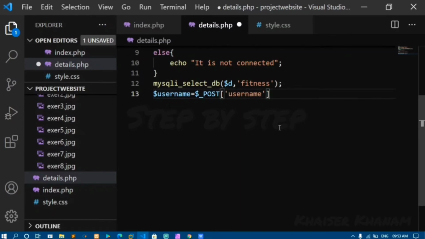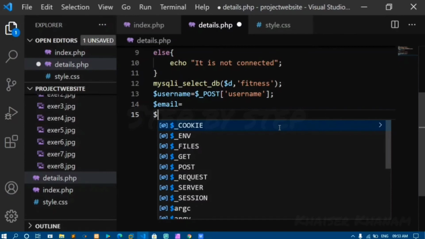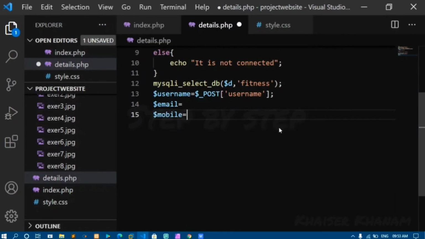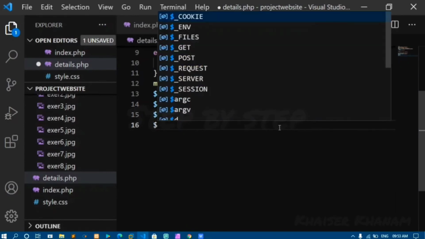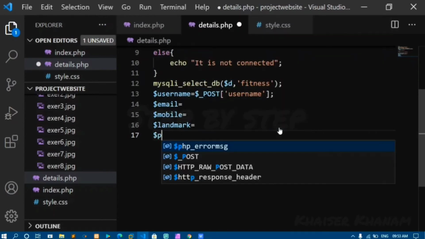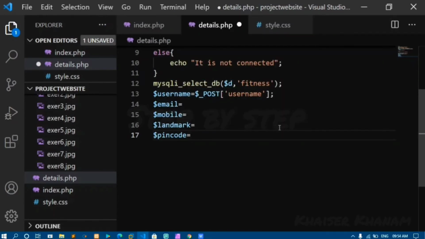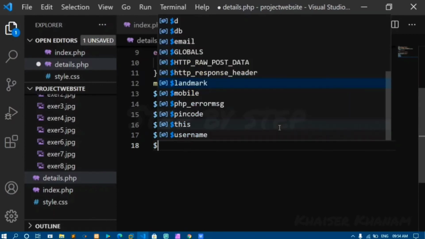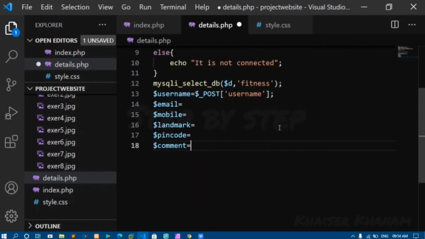So we have passed our username, we have email, we have our mobile, landmark, pin code, comment.